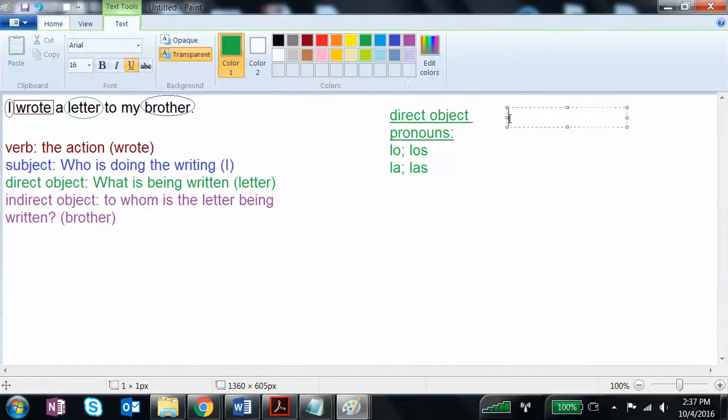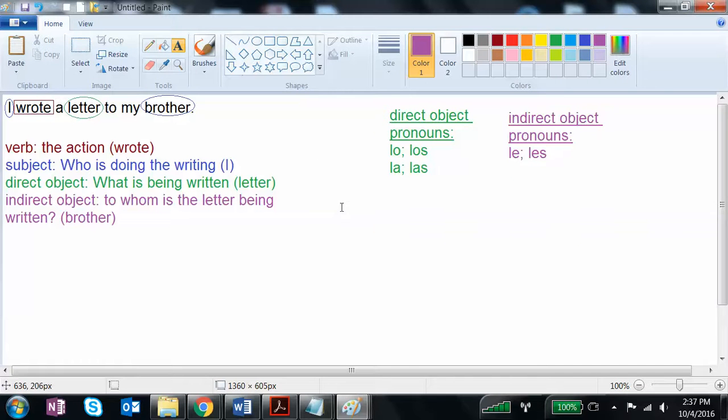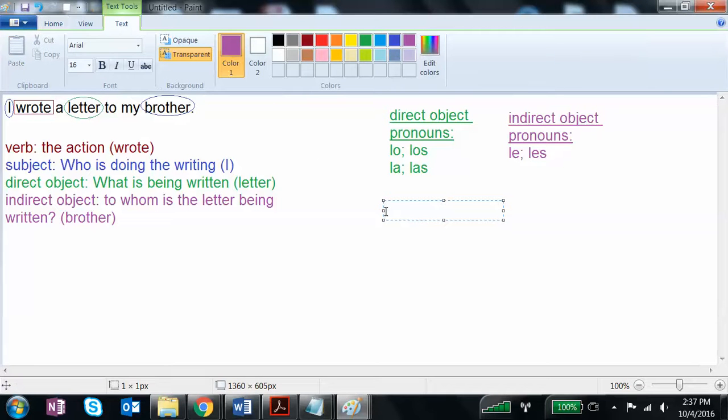And then your indirects are going to be le, and then the plural les. So if I want to say I wrote him a letter,